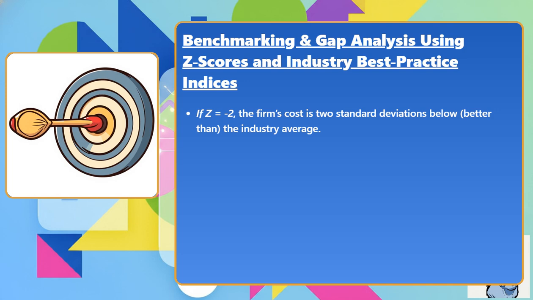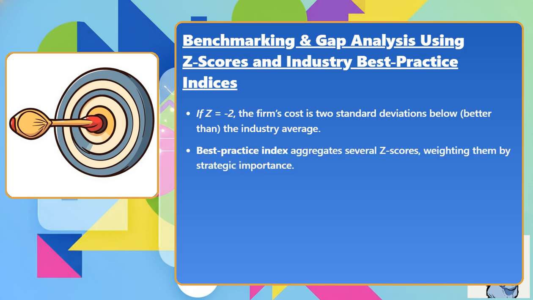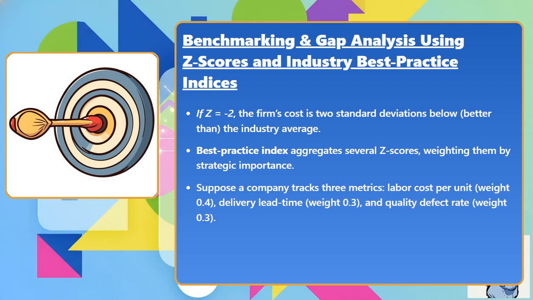If Z equals -2, the firm's cost is 2 standard deviations below, better than the industry average. Best Practice Index aggregates several Z-scores, weighting them by strategic importance. Suppose a company tracks 3 metrics: labor cost per unit weight 0.4, delivery lead time weight 0.3, and quality defect